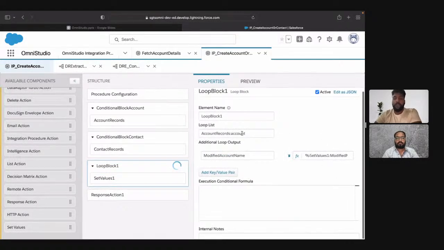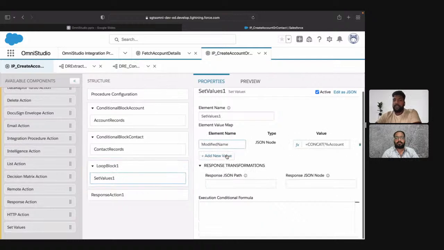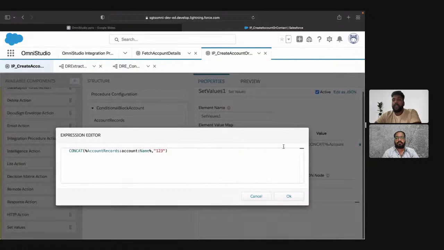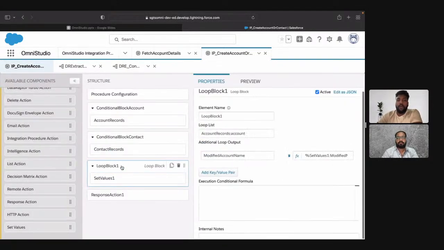This is how you can do this. So now what will happen? This loop block will have the input of a list of accounts, and when this loop block goes inside this, it will create a new variable called modified name, and it will concatenate 1, 2, 3 at the end of the name of the account record, and then it will come back to the loop block output, and it will give me a new node named modified account name,